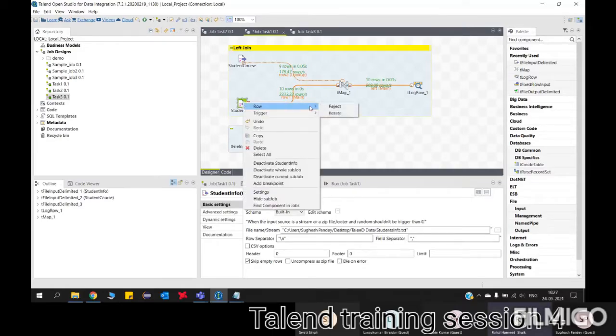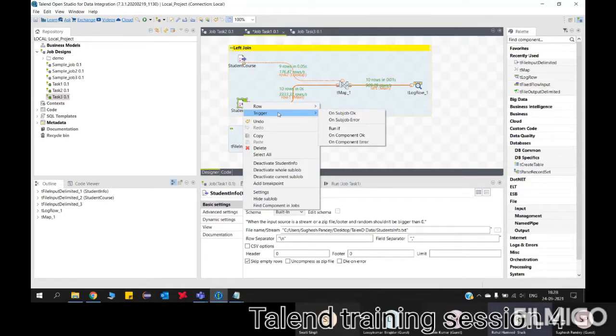So when you right click here, as I have shown, for a row we get basically the main, iterate and reject. I will tell you what the iterate and reject operators are. Main we have seen. Now click on the trigger. So basically in Talend we have different triggers: on subjob ok, on component ok, on subjob error, on component error, run if. So these are the links.